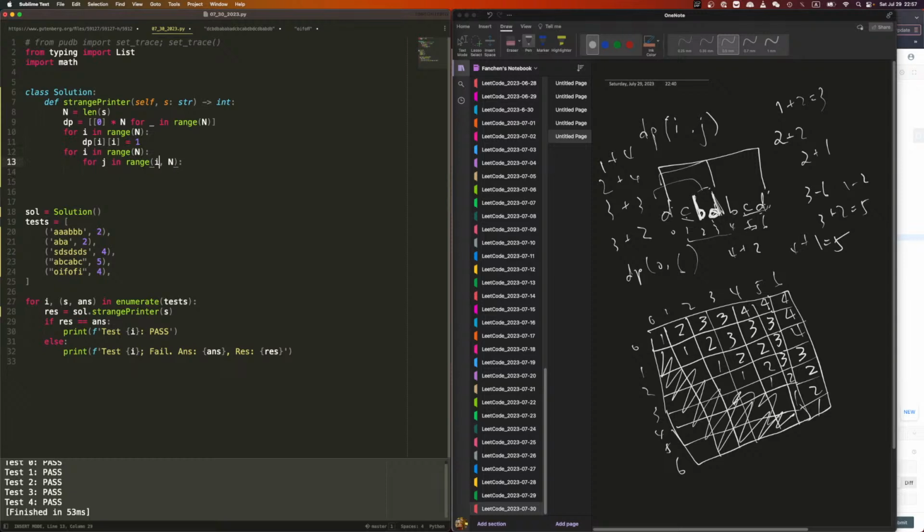And now I can go from i plus 1, right? Not really. We don't want to hit everything. We want to hit this and this and this. We want to hit the diagonal, right? Every time we want to hit the diagonal. How do we hit diagonal-wise? Do you remember? I should. Diagonal-wise means you go